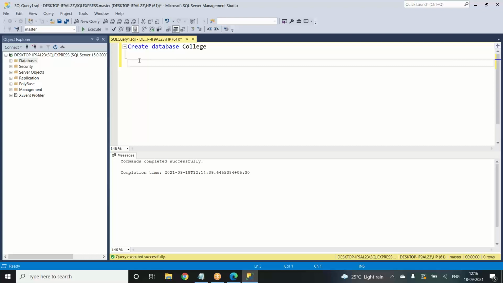So, we cannot use the data of different databases. For one database, we have one set of data. We cannot have the same data accessible to other databases. What we can do is take the data which is already there in database number one, and if we want that same data to be present in number two, we can just take that data and put it in, but we cannot have both of the databases interacting with each other.